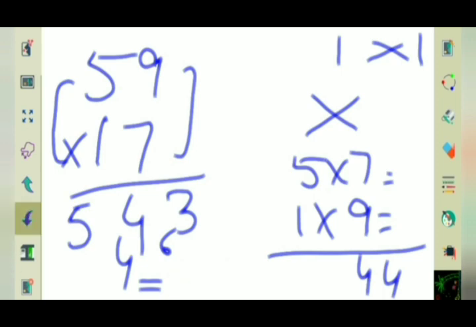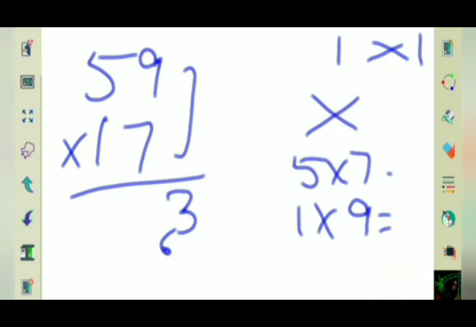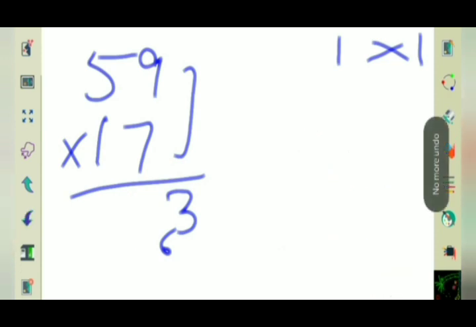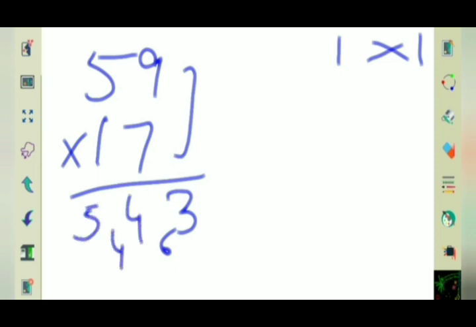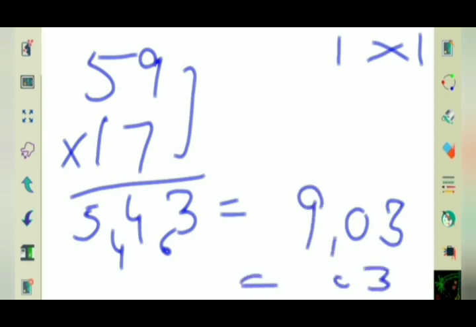Let me show you again separately these two numbers. What we are doing, we are getting here 63, then after adding we are getting here 44, and then 5 1s are 5. So you are adding 3, 6 plus 4, 10, right? Then again 5 plus 4, 9, and you are getting 1003.